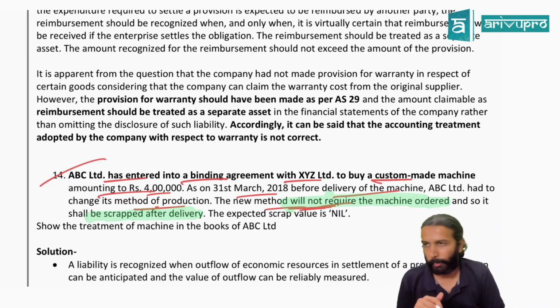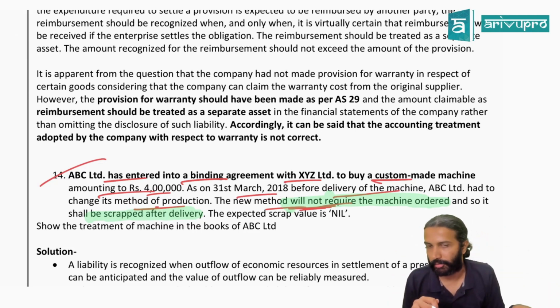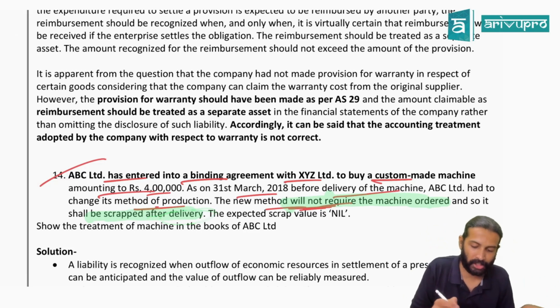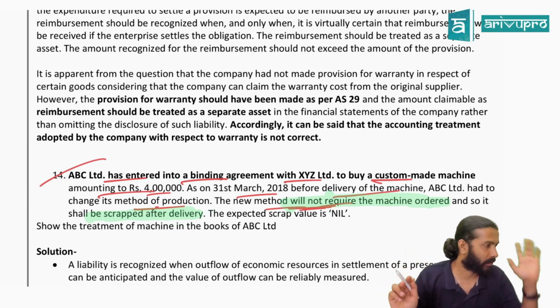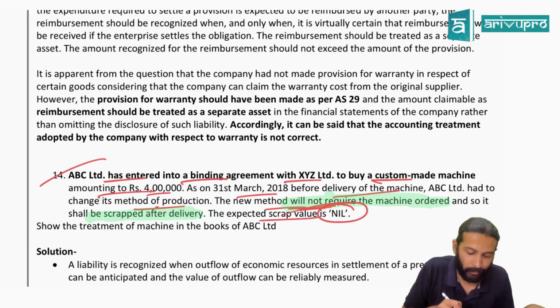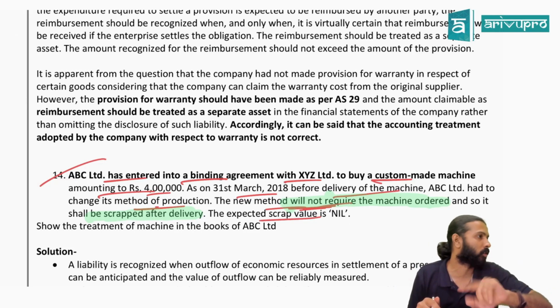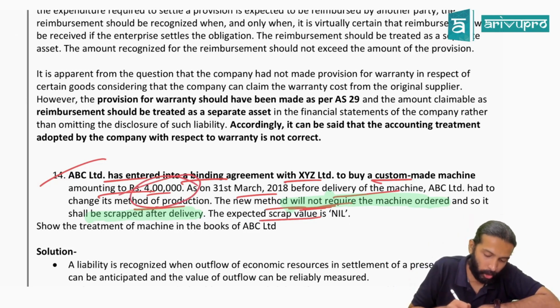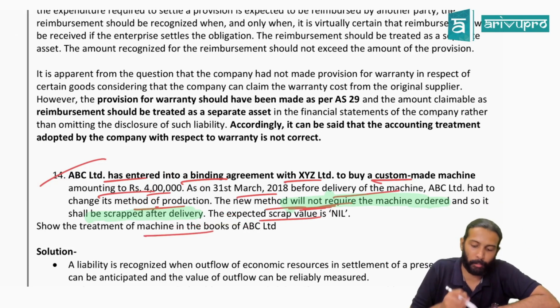Yes. So you placed an order for that machinery. Suddenly you changed your product line itself. So because of that, they are saying what? Is this machinery required or it become worthless? So that means you'll scrap it off. You're not even selling it. You're just writing it off, scrapping it. The expected scrap value is also nil. So that means that machinery is so customized that nobody is ready to buy it also. So salvage value is also nil. How much you paid for that machinery, or how much you have to pay for that machinery? 4 lakh. Show the accounting treatment of machinery in its books.